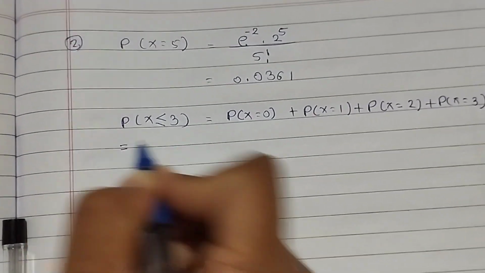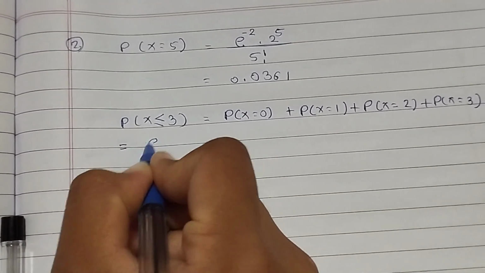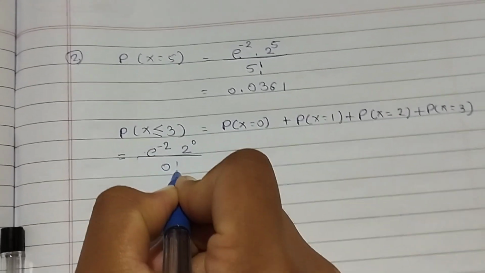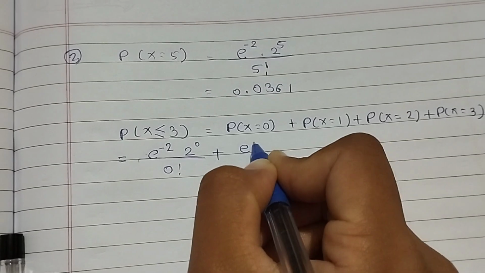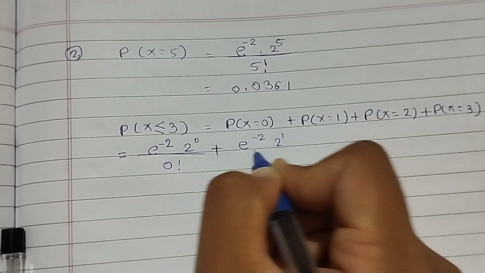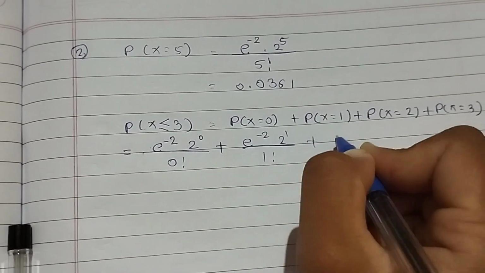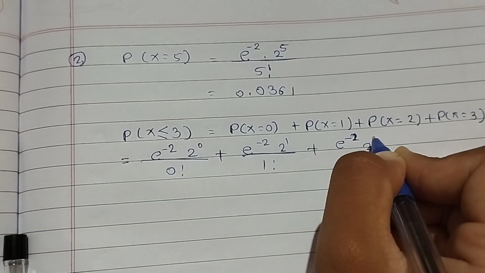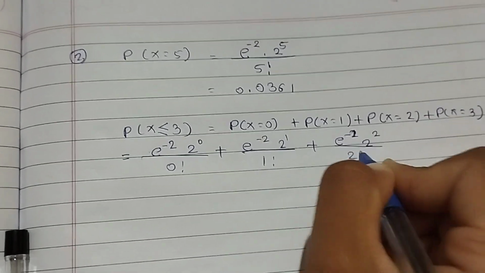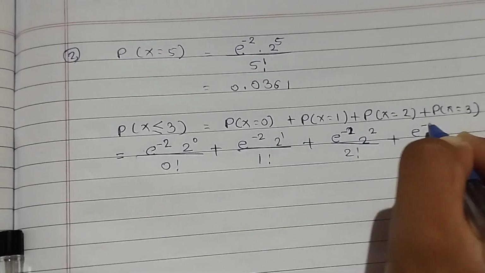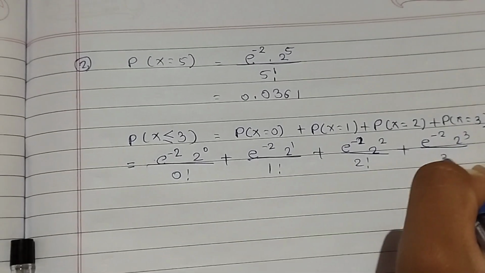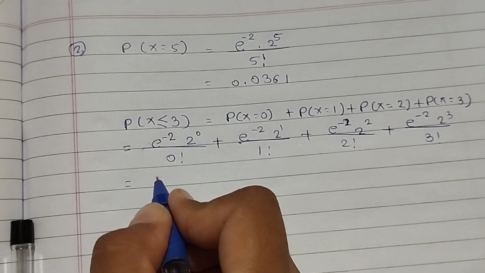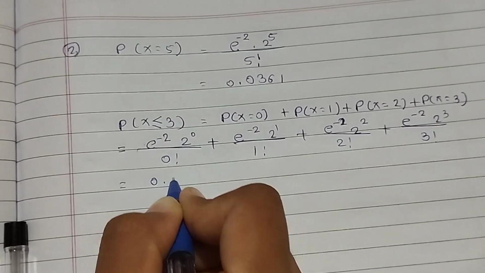So put all this value in our formula. e raised to minus 2, 2 raised to 0 upon 0 factorial plus e raised to minus 2, 2 raised to 1 upon 1 factorial plus e raised to minus 2, 2 raised to 2 upon 2 factorial plus e raised to minus 2, 2 raised to 3 upon 3 factorial. So calculate all this value by using our calc. We get